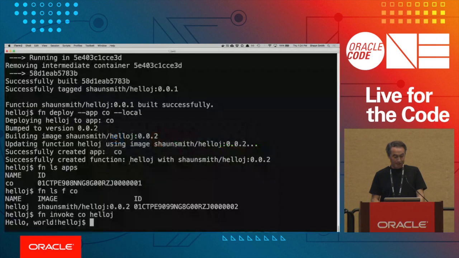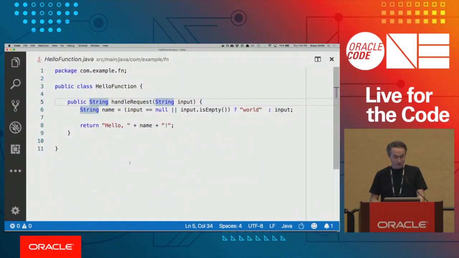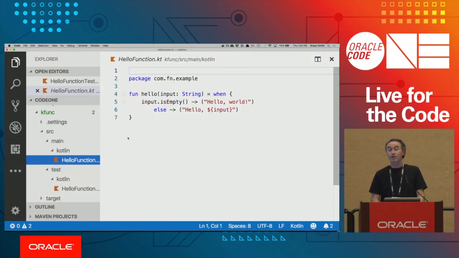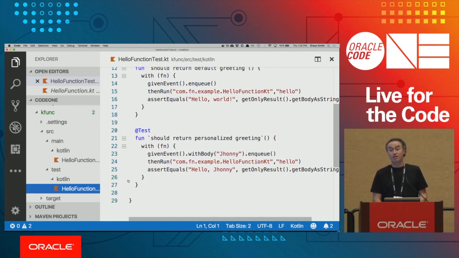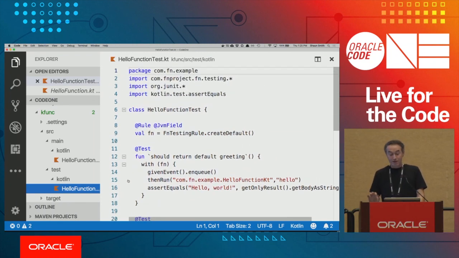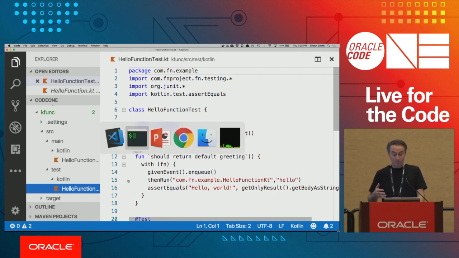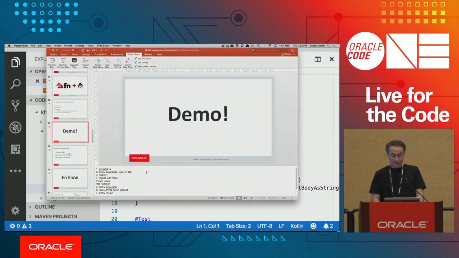I'll show you one more thing because my colleague David wrote this code up. Kotlin, if you like Kotlin, we have support for the JVM. So once you have the JVM, you can run other JVM languages like Kotlin. So here's a hello world with Kotlin, right? And also, basically, JUnit tests with Kotlin run exactly the same, right? It's a Maven build, builds a container. So the JVM actually is a great platform for having this polyglot experience. All right, I'm going to go back over here.